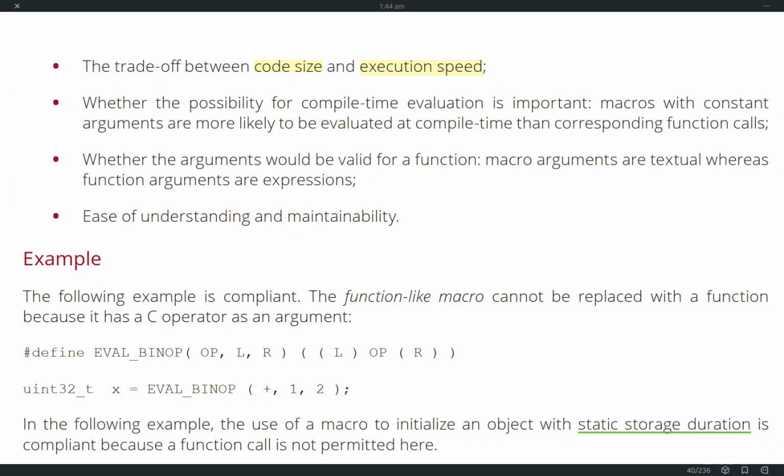If you use a macro, the code size will be bigger and the execution speed of the compiled program is faster. So if you want that, then you will be excused to use a macro because of these considerations of code size and execution speed.